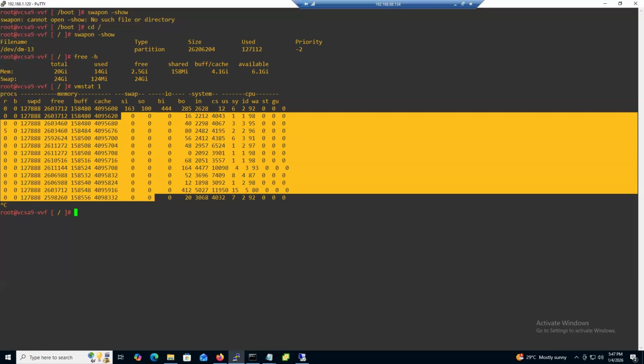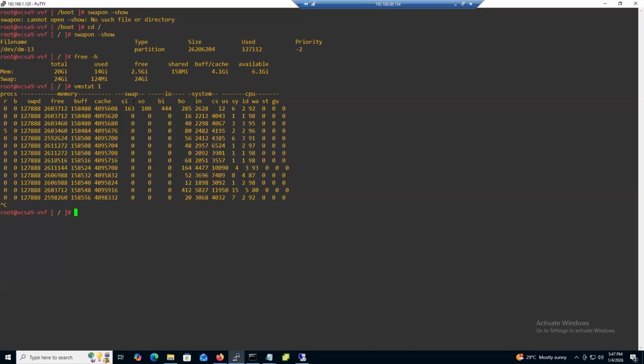So what is SI? SI means swap in, data moved from the disk to RAM. Swap out means data moved from RAM to disk. On the first line only, we are able to see some swap activity. Rest of the lines, SI and SO are 0. So it's very clear that